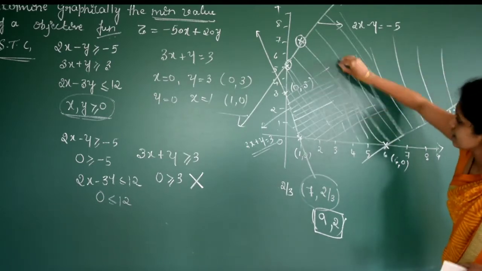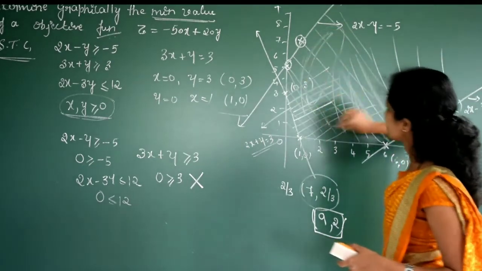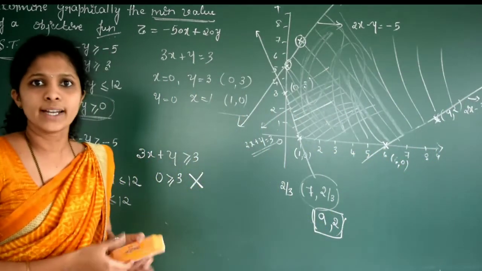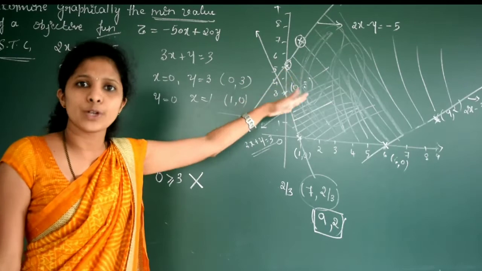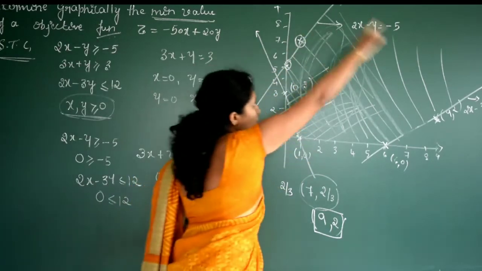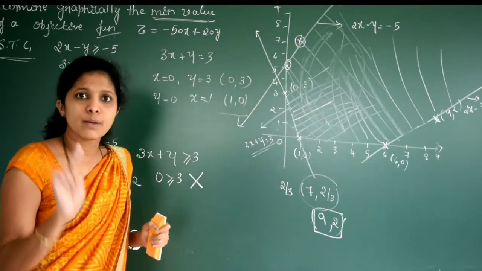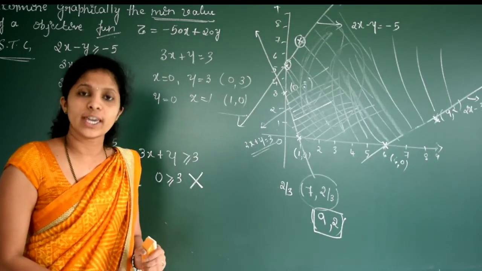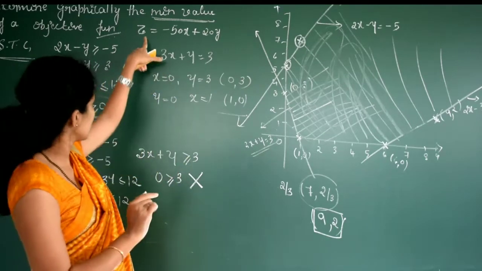Now these are the common region. Everything here is common. Now can you say, is it bounded? No, right? So this is unbounded. There is no boundary for this graph. To find the maximum or minimum value, here also we have to take the corner points, okay? Then we need to substitute in the constraints.